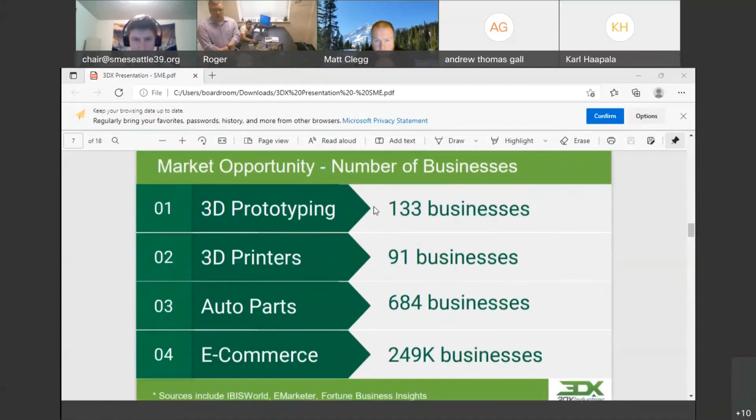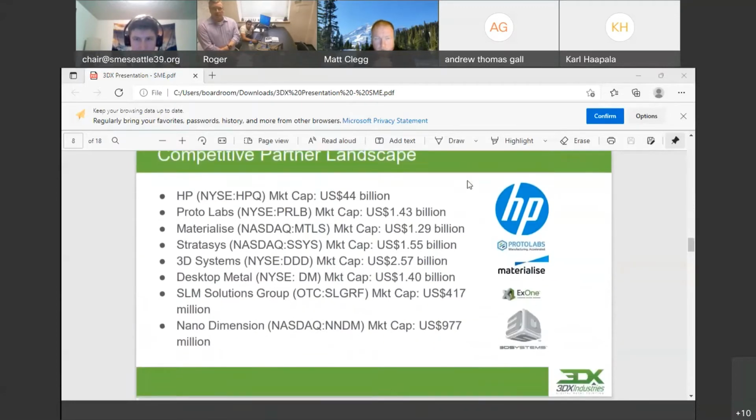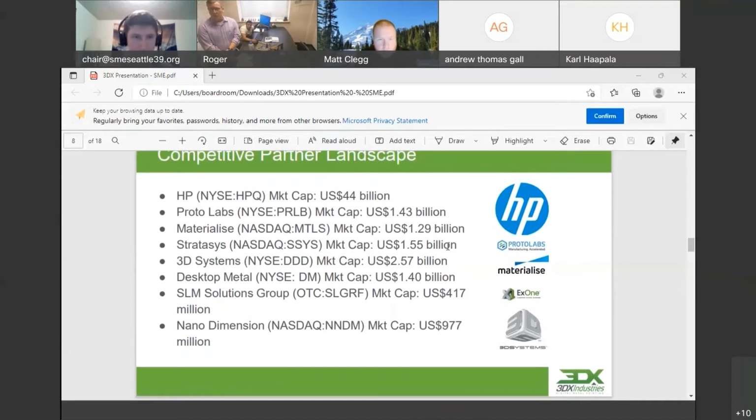Here's a number of businesses that we found are currently using that. A couple of the companies are looking at 3D metal printing. They're building it. HP has gone to binder jet machines. Materialise is supplying software. 3D Systems, I think, has a binder jet machine. Desktop Metal recently acquired ExOne, and they're going to be doing a big push on some new binder jet machines. So it's here to stay, is what I'm saying, and it's going to be a very good tool going forward